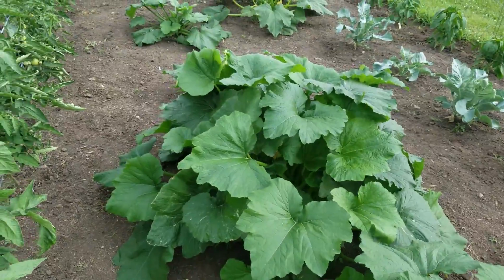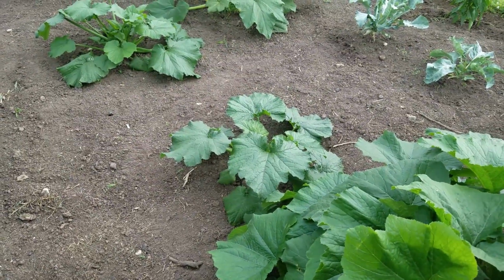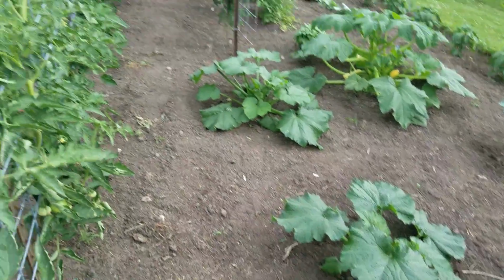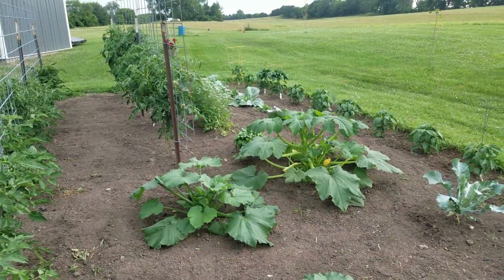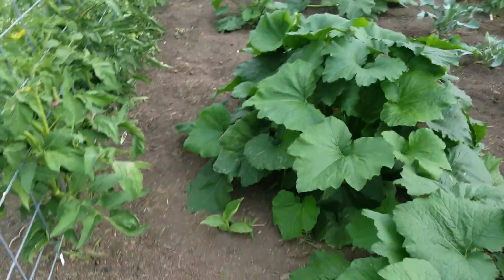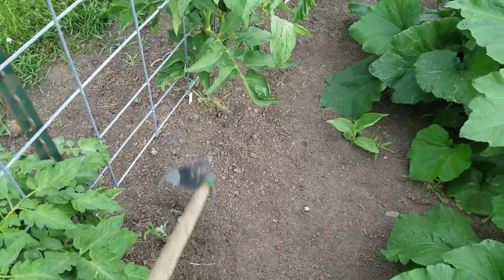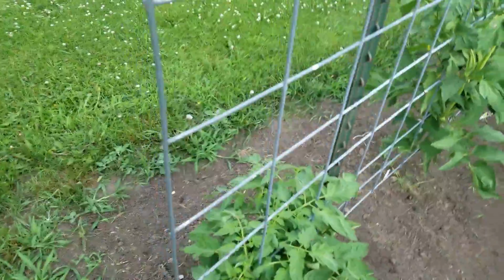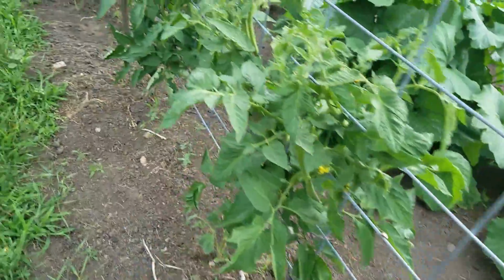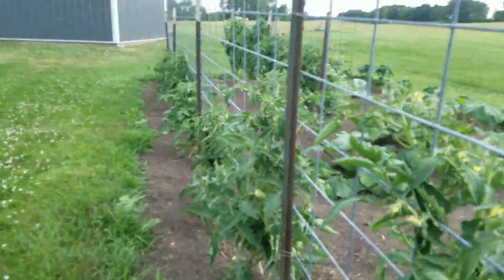But yeah, they're pretty big. And the ones from seed, I believe they were the Black Beauties. The leaves look different, but better almost. Weird, oddly. So anyway, everything's looking really good. I have kind of hoed this a couple times this week, but not like I just come through and kind of hoe what's loose and go from there. I'm gonna have to reestablish this line a little bit better soon, but for now it's looking pretty good. So anyway,